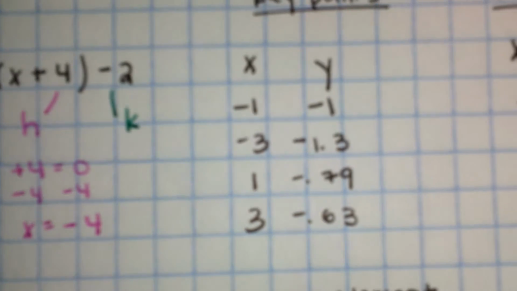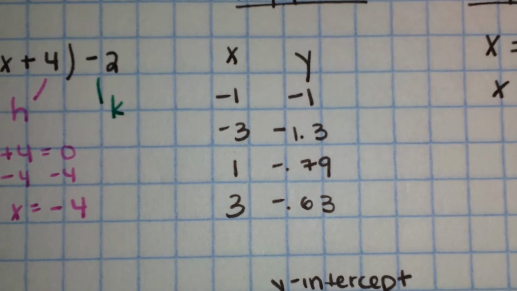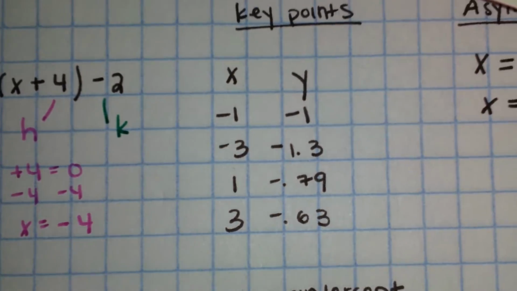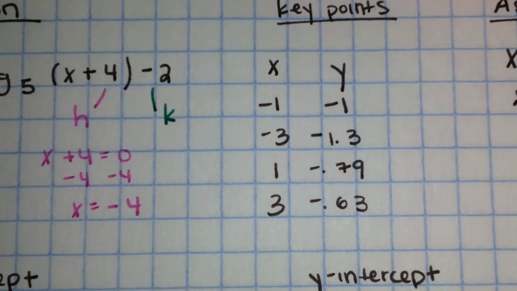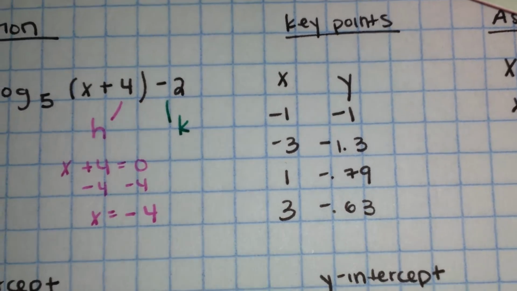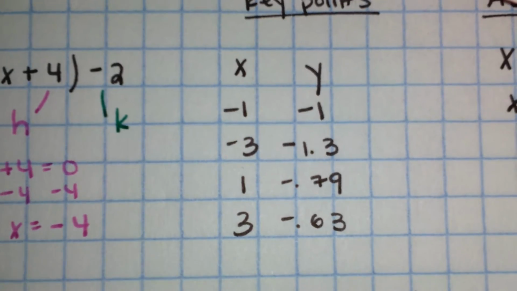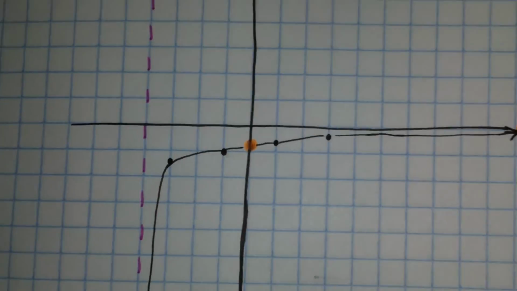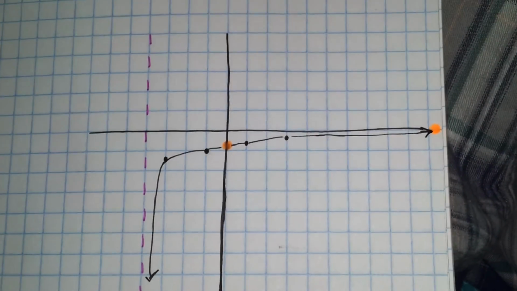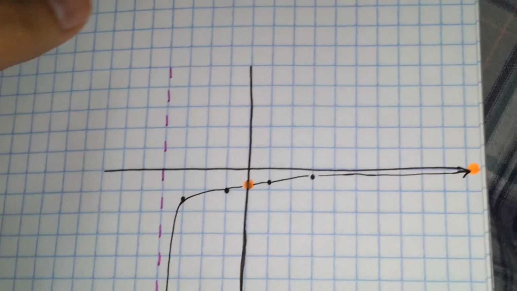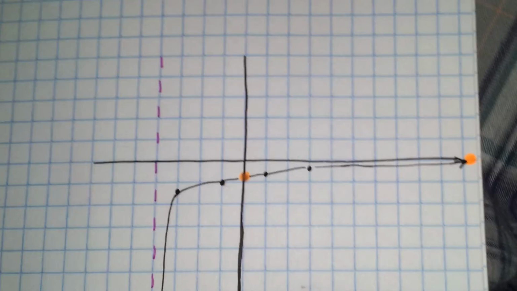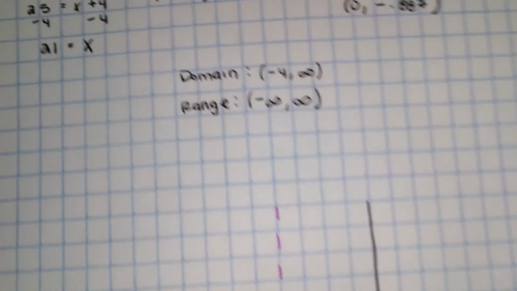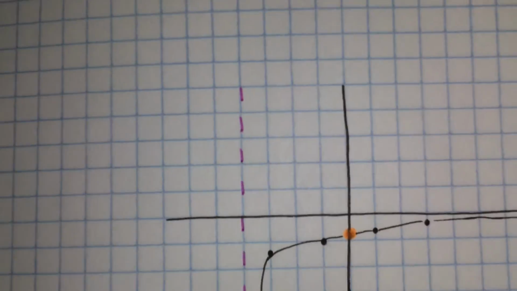And I chose -1, -3, 1, and 3 for my x values, and then you'll just find the y values from the table on your calculator, and those will be your key points. And then you just plot them onto your graph, and this is basically what your graph will end up looking like. And the pink line is your asymptote that we had found earlier, and the domain is from -4, your asymptote,